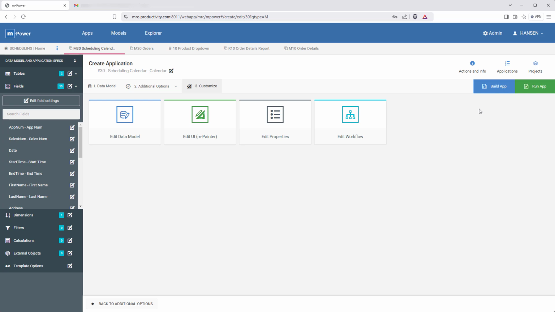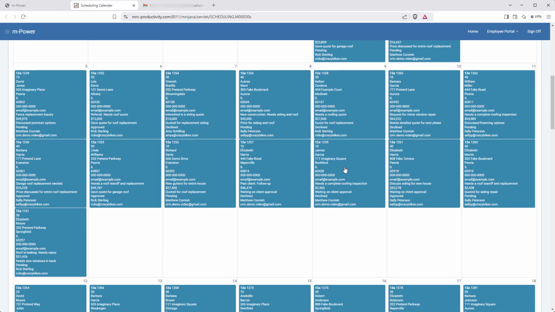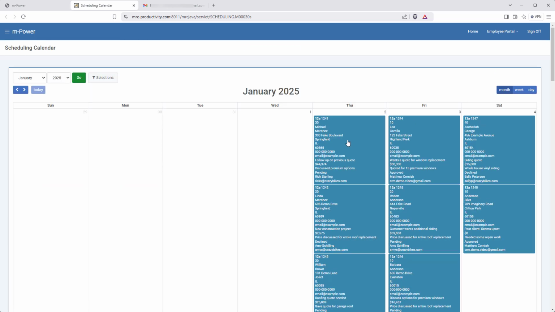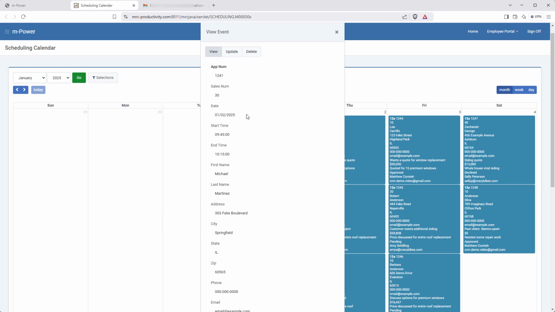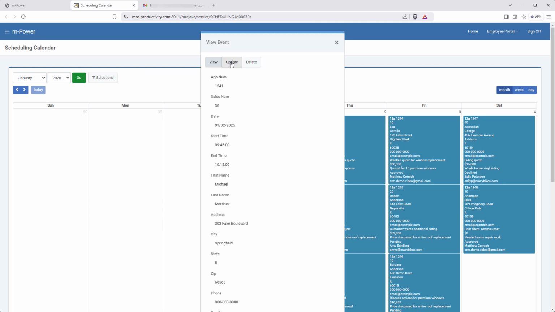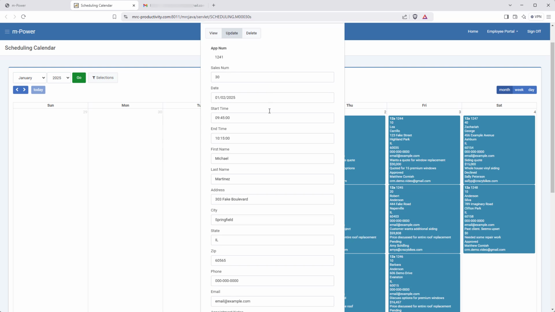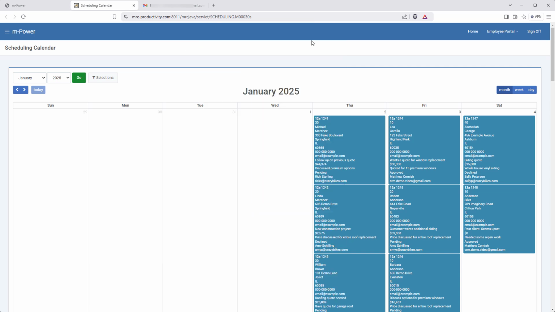Okay, so now that it's ready, let's check it out. As you can see, we do have a calendar here, but it does need some customization. I don't want to include every piece of information in each listing, as that would make for a huge calendar. And also, I can get all of that information when I click on each calendar entry here. The other thing I'd like to do is adjust this form here.